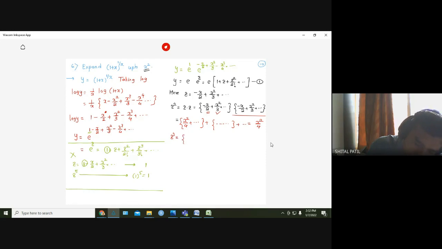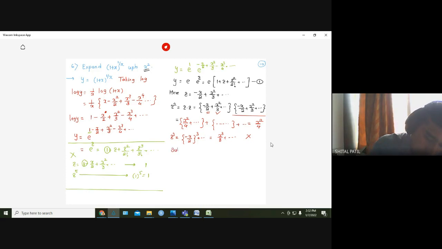Lowest degree term in z, so minus x by 2. Its cube and then higher degree term, so x cube divided by 8 and then higher degree. So we should not consider z cube also. Why? Again, our aim is to find expansion up to x square only. Therefore,